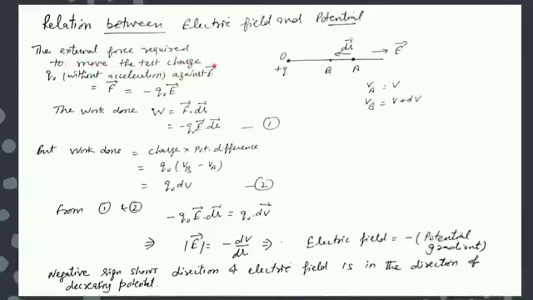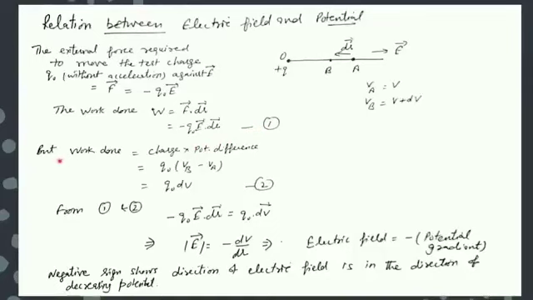So what is the external force required? This much we have already discussed. Force is given by Q into E. If I am bringing the test charge Q naught, I can write it as Q naught E. Negative sign. Why? Because the direction is opposite. So theta is 180 degrees. We have already done this. Because of the angle of 180 degrees, I am getting the negative sign, or simply to show that both are in the opposite direction, and that is why the negative sign. So work done can be written as F dot dr, which is equal to minus Q naught E dot dr. This step we have already done also. This I am calling equation number 1.